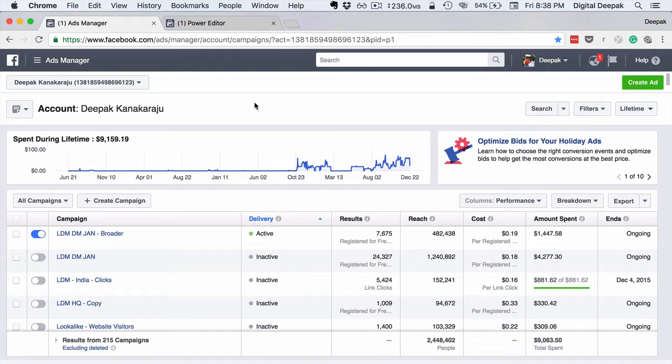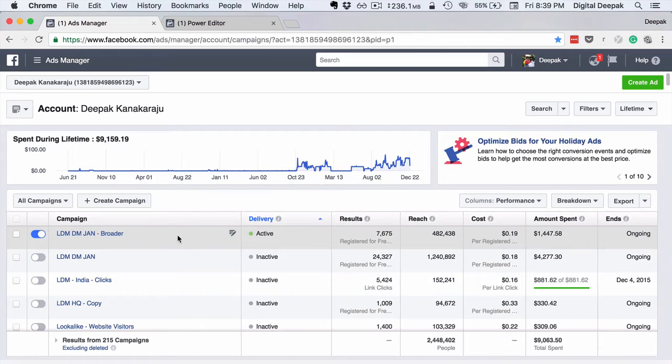As soon as you go into the Ads Manager, this is the screen that you would see. You can see the lifetime statistics from my account. You can see the campaigns that I am running. Basically, this is the campaign I am running to get subscribers for my blog and my free digital marketing course. Of course, I run ads for the companies that I work for and my clients as well, but I am not supposed to reveal the data from their account. So that's why I'm using my own account here.